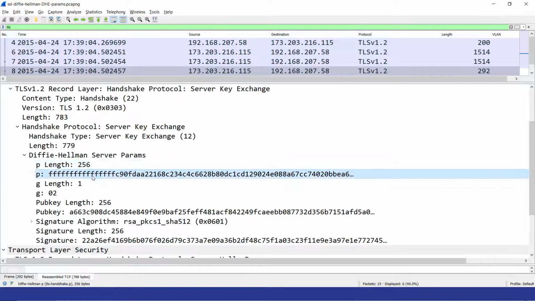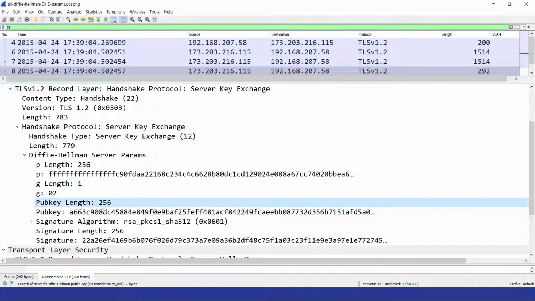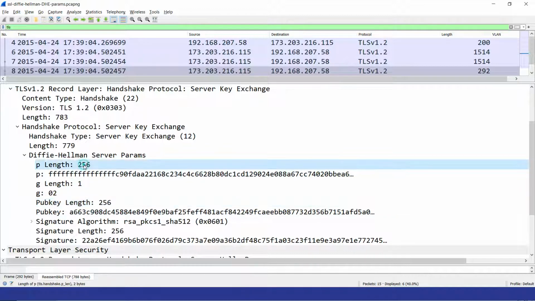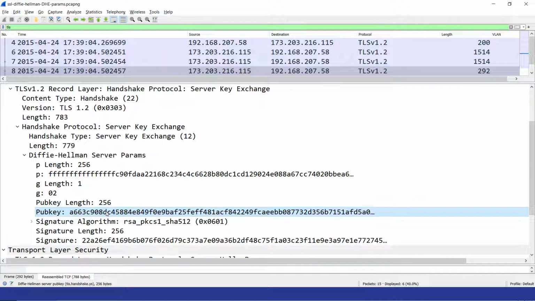The value of the prime number is a very long number. It is made up of 256 hexadecimal digits. The generator value is the integer number 2, and it calculated the public value. The length of the public value is the same as the length of the prime number, so the public key value length is also 2048 bits. Bob's uppercase B is equal to this value. This is the uppercase B value.